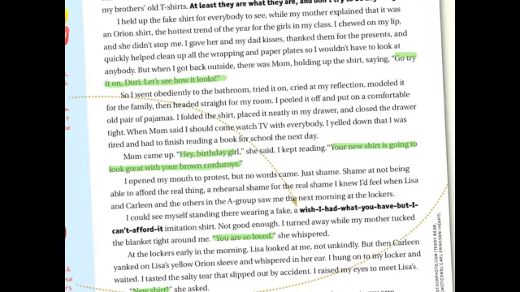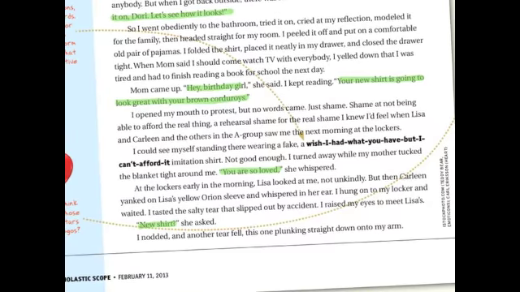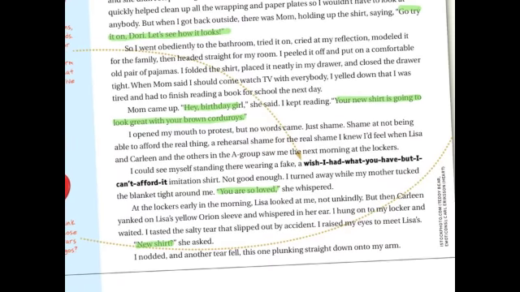It's the author telling what's happening. And as a writer, that's your job. You need quotes, you need to bring it to life, we need to hear your characters talking, but you have to tell the story. You have to explain and describe.